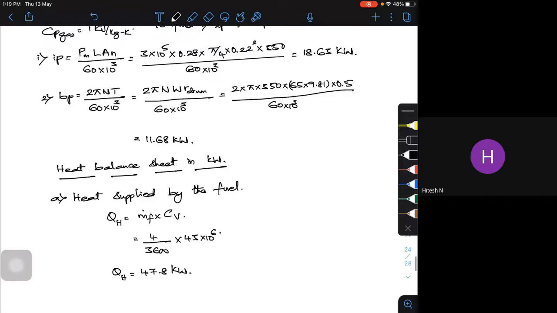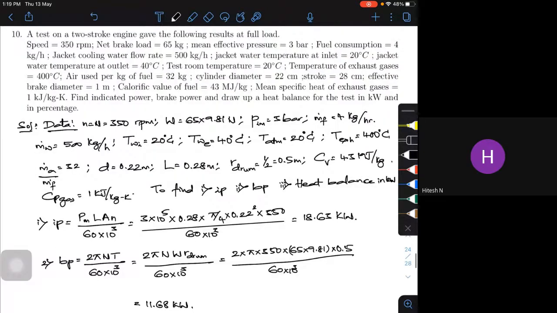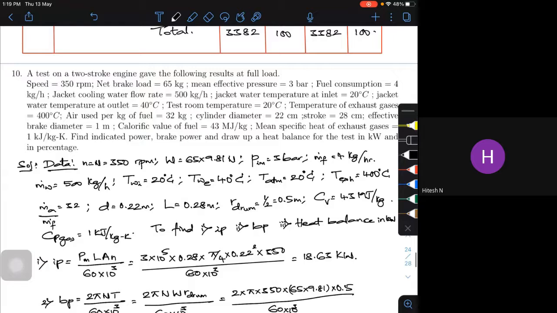Now if you look at the data, heat is taken away in two forms. One is the cooling water circulating. I know the mass of cooling water, and I know the Cp of cooling water, which I can take as 4.187 or 4.2, and the water exit temperature minus water inlet temperature. If I put it in, I'll get the heat taken away by the cooling water, or heat loss due to cooling water. That's one data.